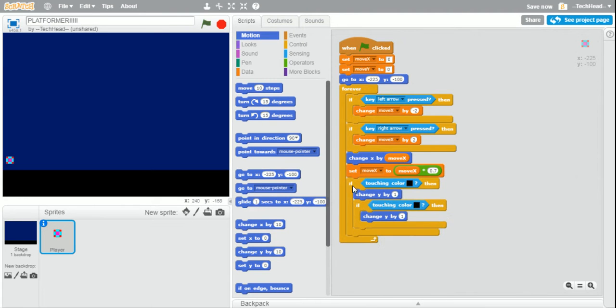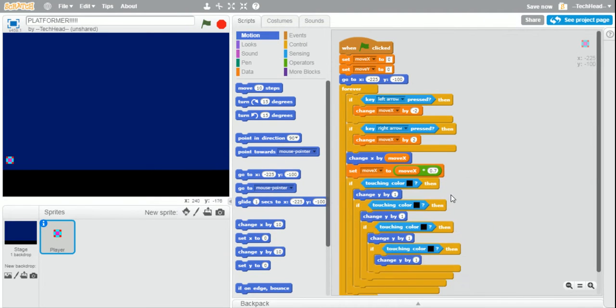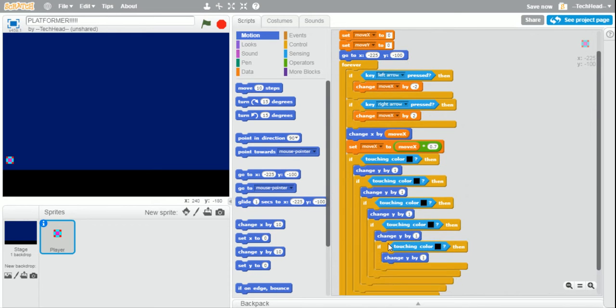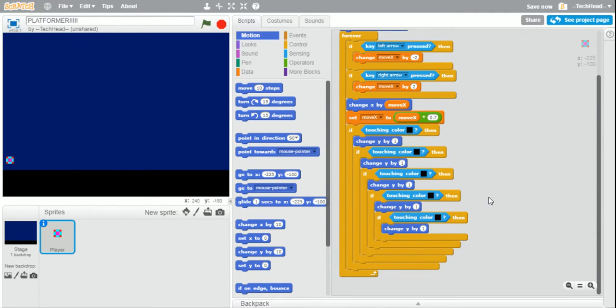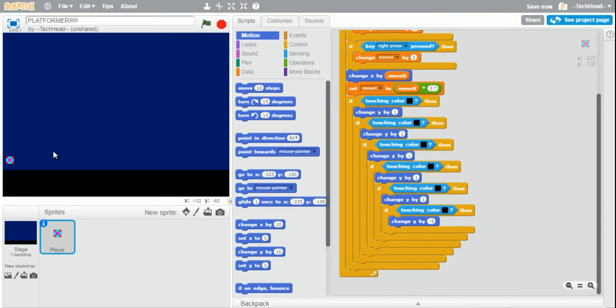Duplicate this in 5 or so times. The more times you duplicate it in, the steeper slopes you'll be able to climb. Now you want to duplicate this one more time and make it change Y by -5. This will make it so that if you reach a steep enough slope, it will put you back to the bottom,